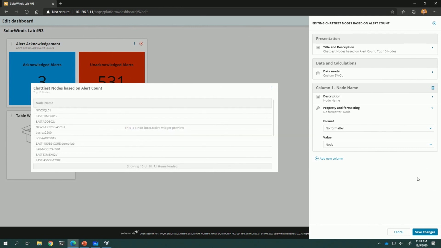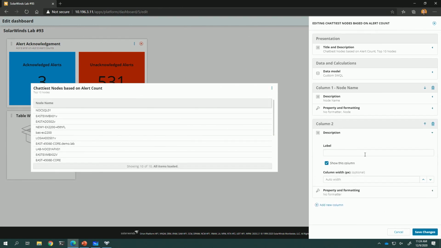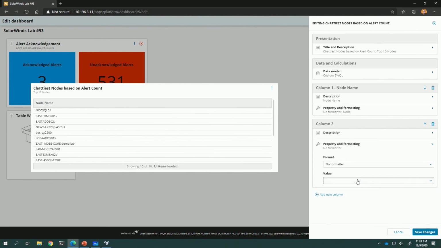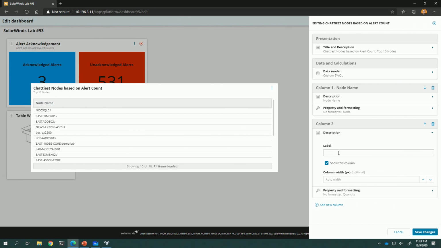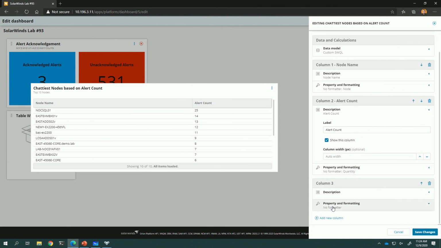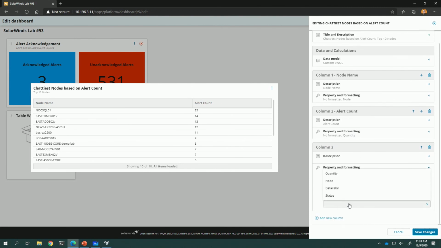All right, cool, there we go. And then we want to add a new column. And this one, I end up doing these quote backwards, quantity, and alert count. And then I'll add another new column. And like I said, I like to do these backwards, and then the status.